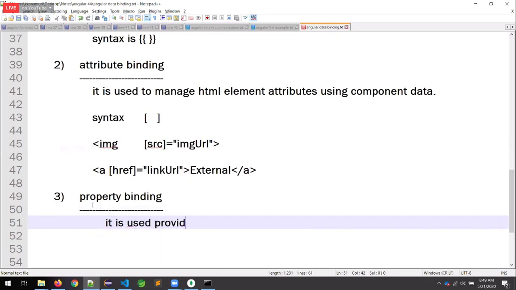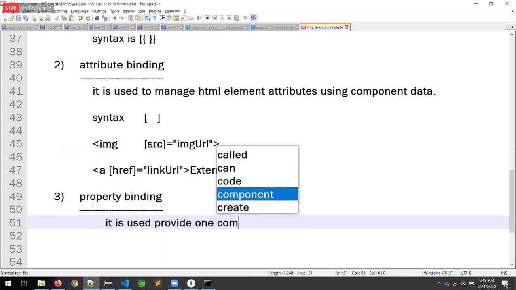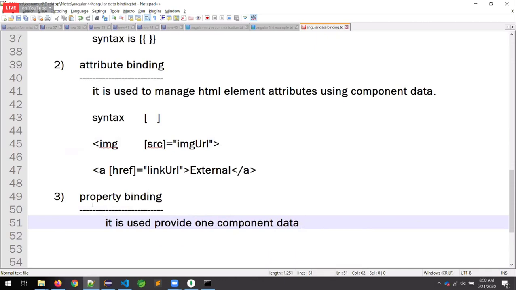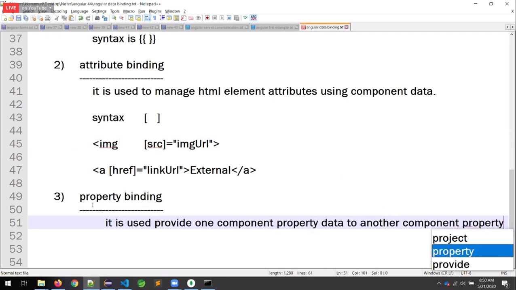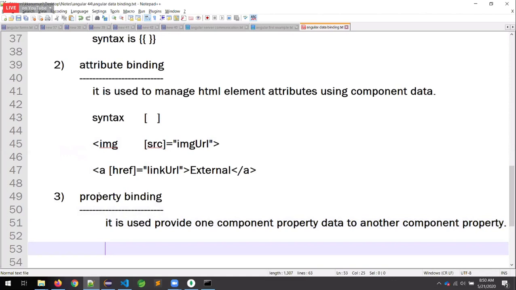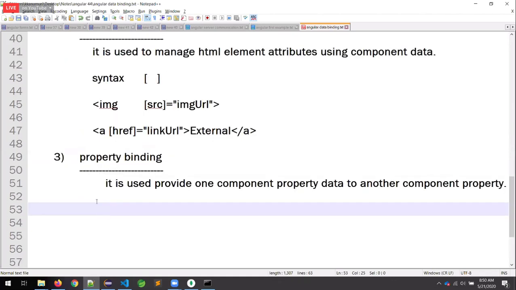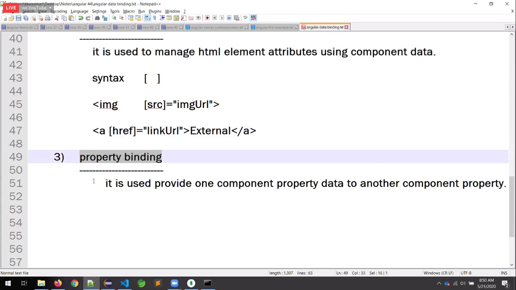It is used to provide one component property data to another component property. We can discuss this example in the coming classes in component to component interaction. So the purpose of property binding is to provide one component property data to another component property.